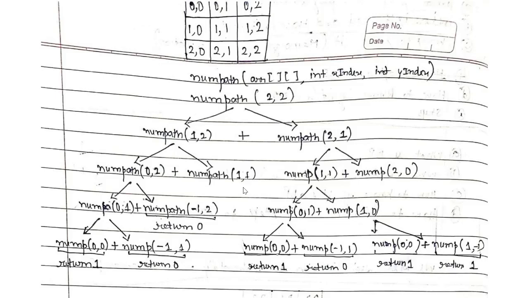Why? Because with the help of all these subproblems and all the base cases, we can devise a solution to our main intended problem. These are my base cases. With the help of all these base cases, we came out with a solution to these subproblems, and with the help of these subproblems, we again had a solution to the larger subproblems. By amalgamating all the solutions of these subproblems, we had a solution to our intended problem. Hence we see it has an optimal substructure as well. So both the properties of overlapping subproblems and optimal substructure are fulfilled by this recursive algorithm.